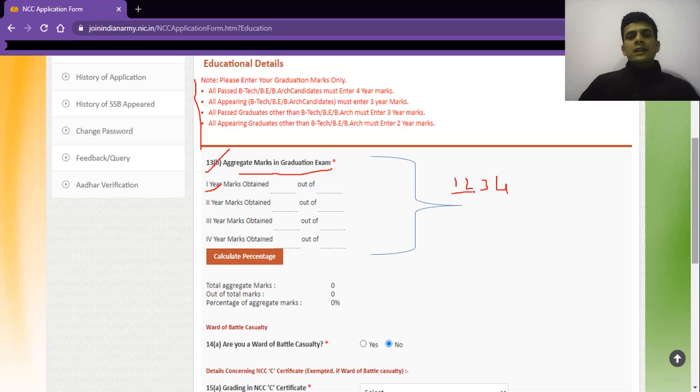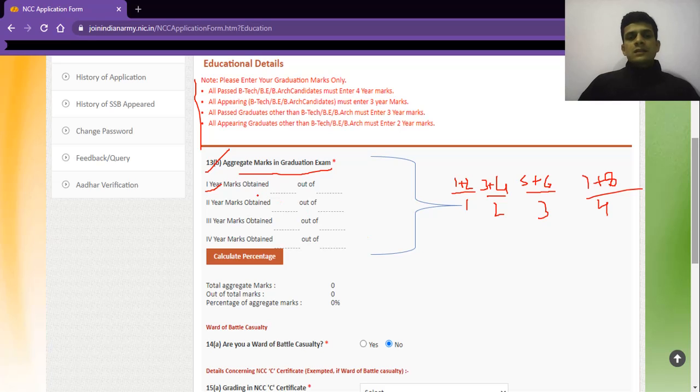You will have to add the marks of first and second semester for first year, then third and fourth semester for second year, and if you are a graduate from a 3-year course, then fifth and sixth. So this will be the third year, and if you have done BTech, you will have to upload 7th, 8th semester mark sheet for the 4th year.